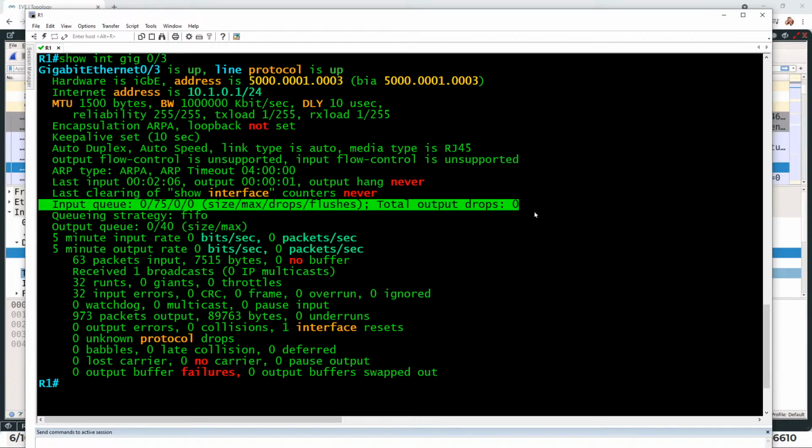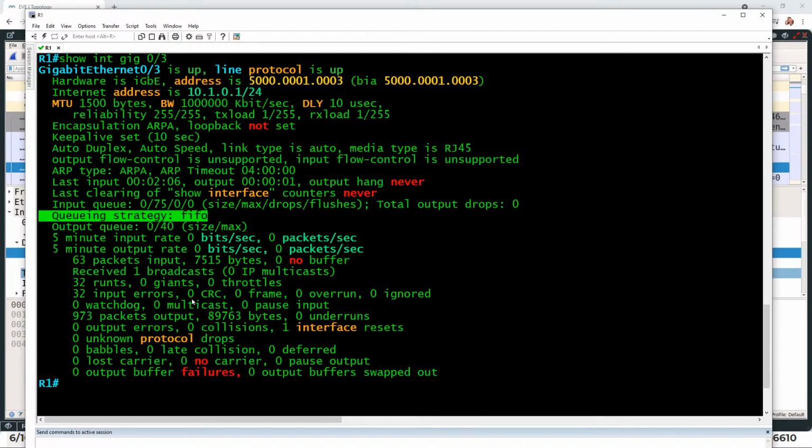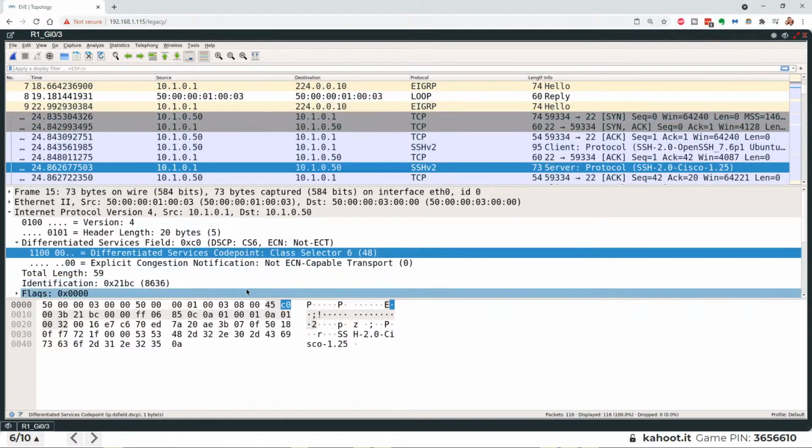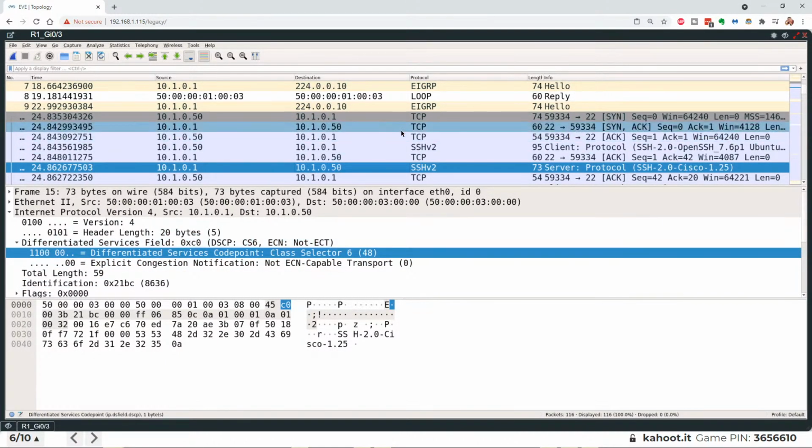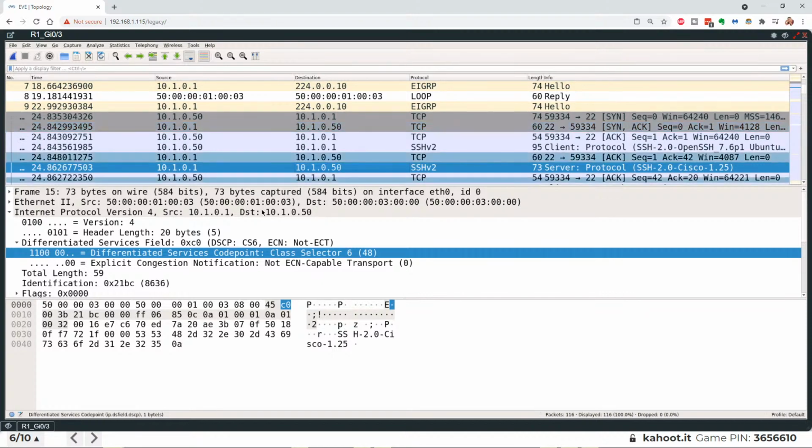And we haven't had any tail drops. That's great. Queuing strategy right here: first in, first out. First come, first serve. Limited time offer. So we're not doing any kind of queuing mechanism other than the default first in, first out. So because of that, if the router or firewall, whatever the layer 3 device is, gets traffic in and needs to forward that and it's not configured to do QoS, those bits don't matter.